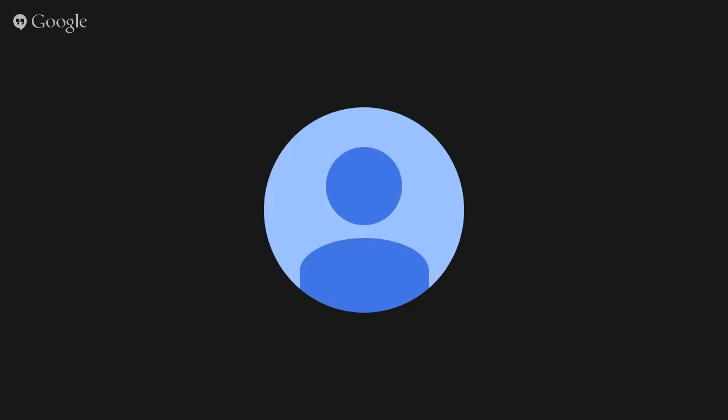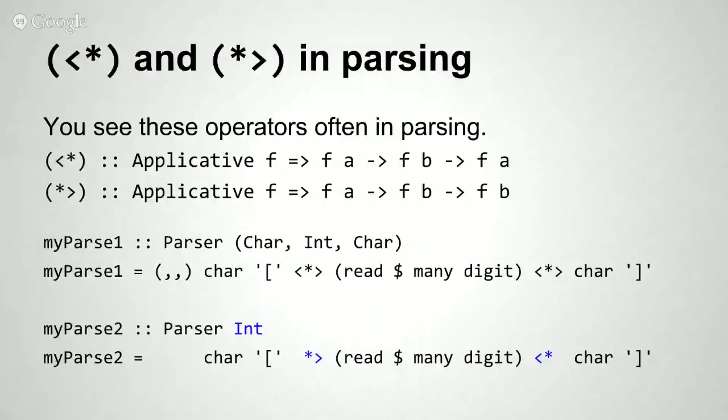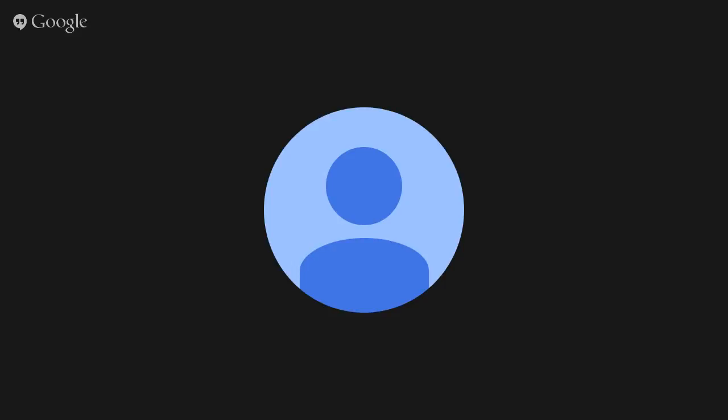the middle term returns an integer because it reads digits until it doesn't have any more digits to read, and uses read to convert that to an int. And then the last element, or the last piece of that chain, returns the closing square bracket. My parse2 uses